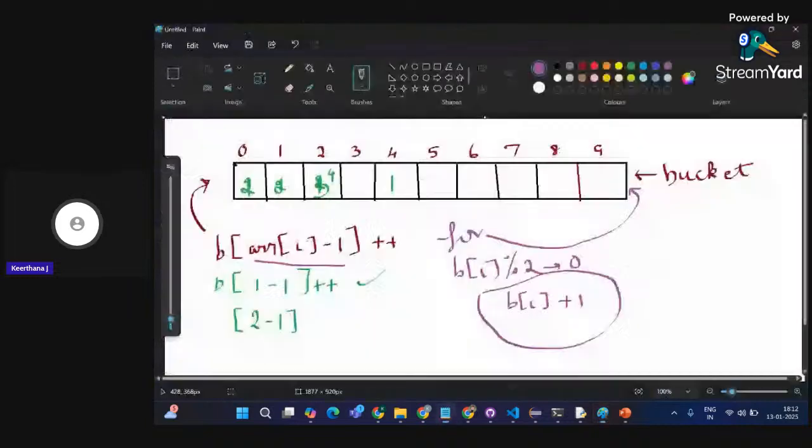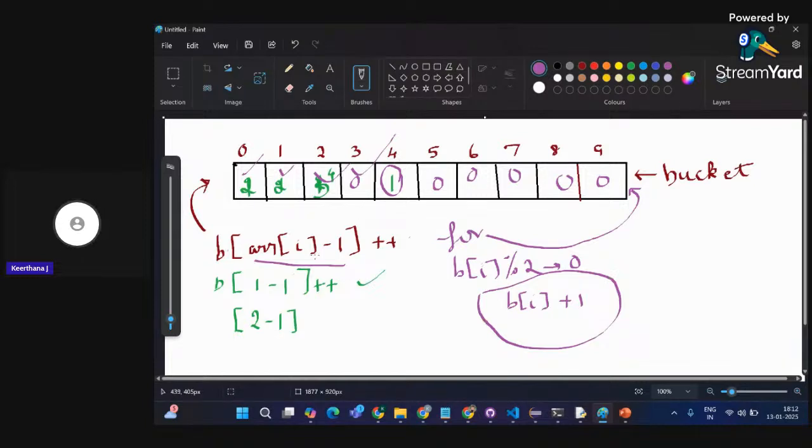So what happens? In this case, when I is 0, 2 will be checked, 2 is even. Again, 2 is even. Again, 4 is even. Every place you have to fill 0 initially, and then only your incrementation will be happening. Every place will be 0. This is also even. So your index will be 4, but actually the element will be 4 plus 1 only, right?